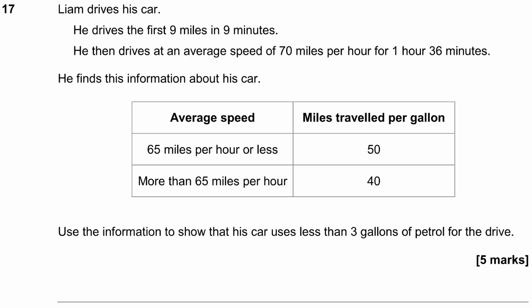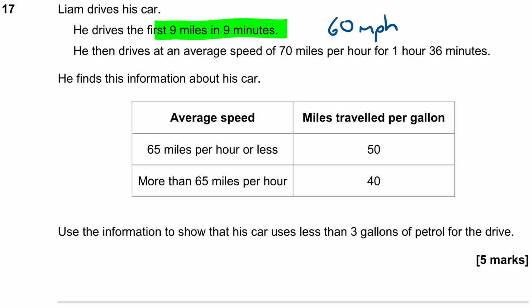Okay, let's have a look at the first stage of the journey. He drives his first 9 miles in 9 minutes. That means he's doing 1 mile in 1 minute, and if he can do 1 mile in 1 minute, he can do 60 miles in 60 minutes. So his speed here is 60 miles per hour, which is 65 miles per hour or less, so he's going to be doing 50 miles per gallon for that